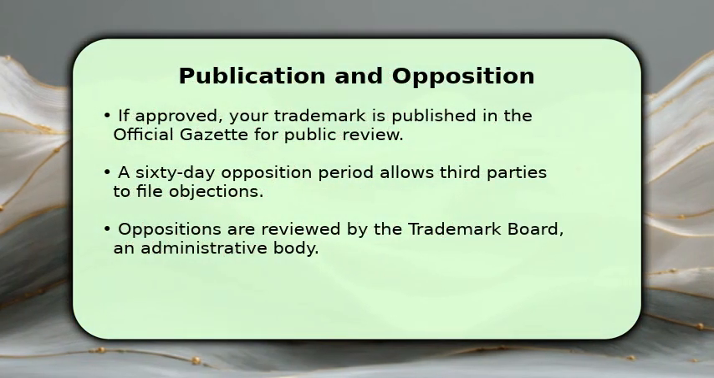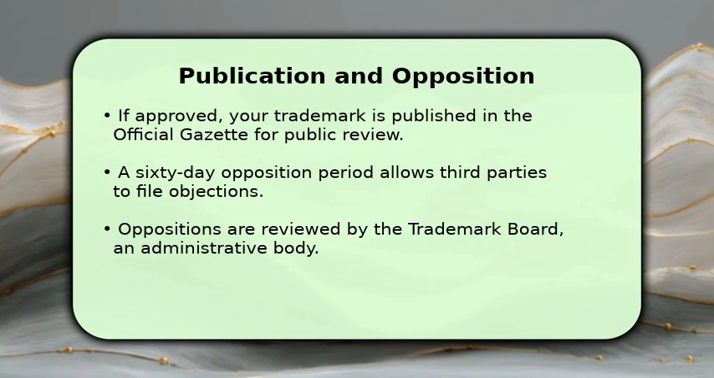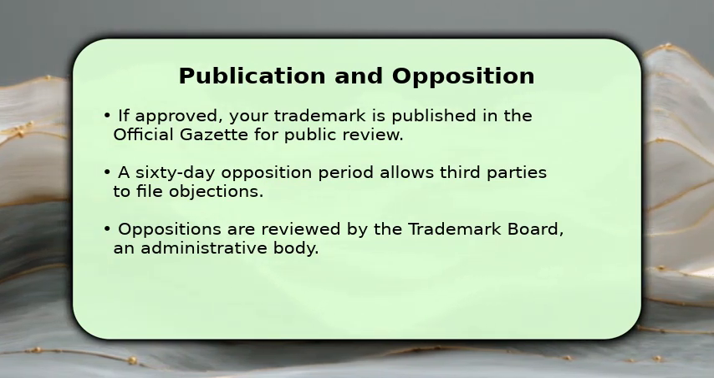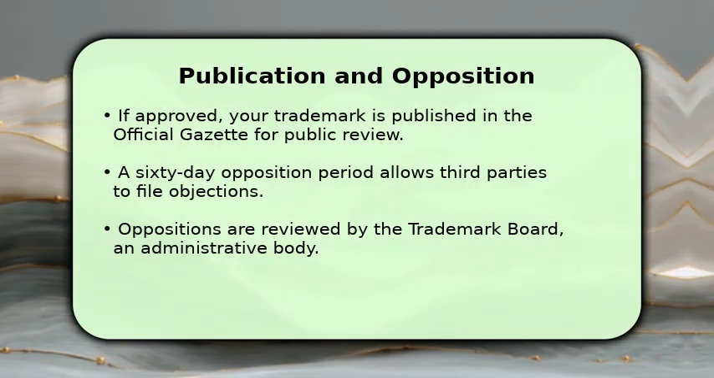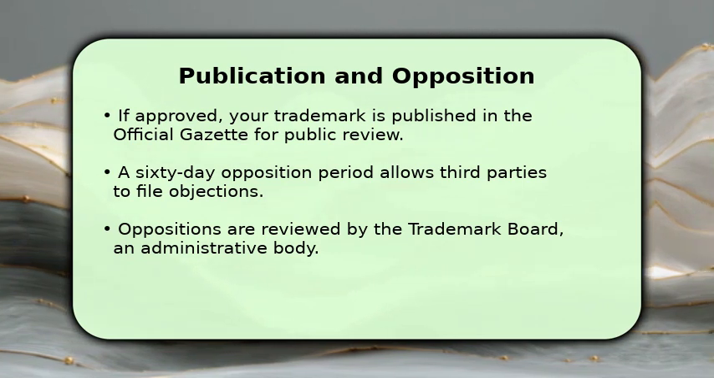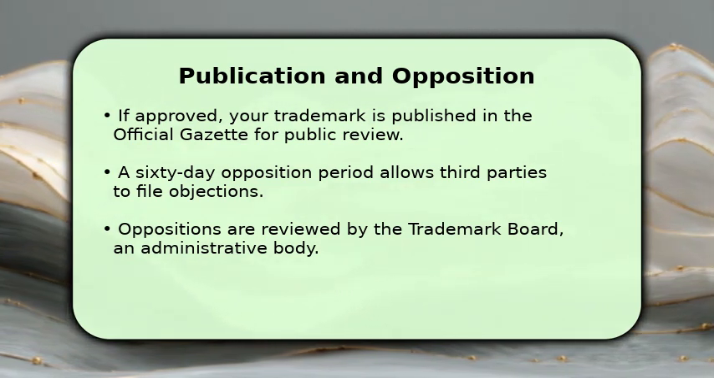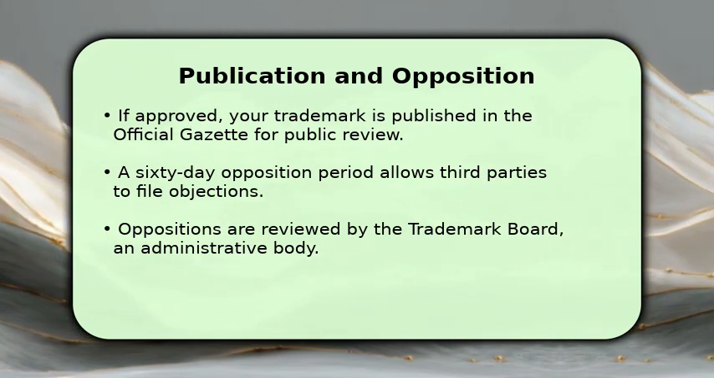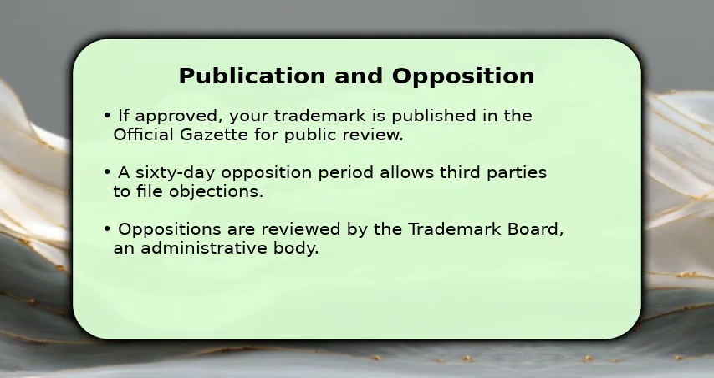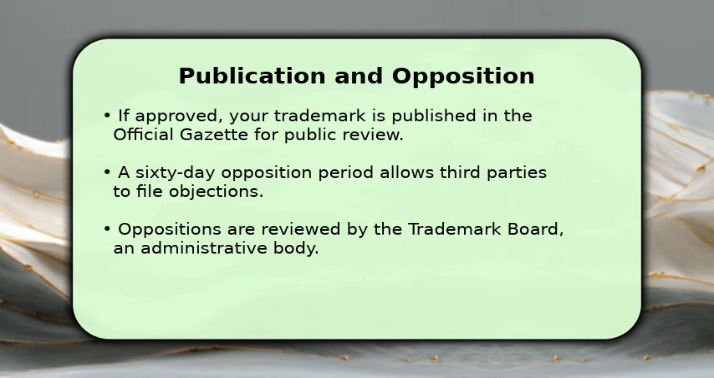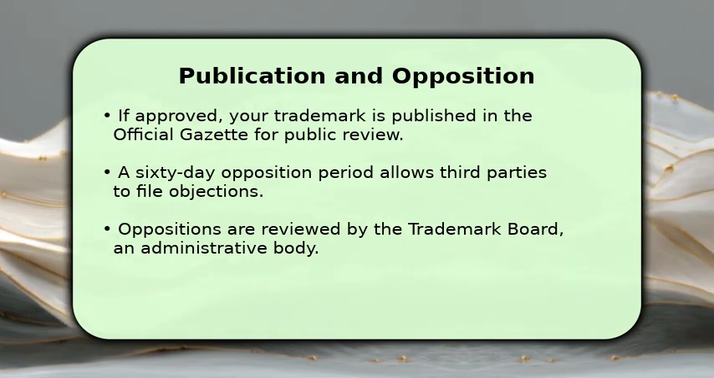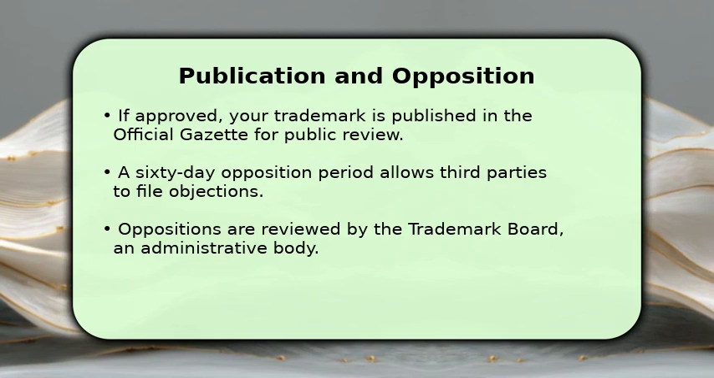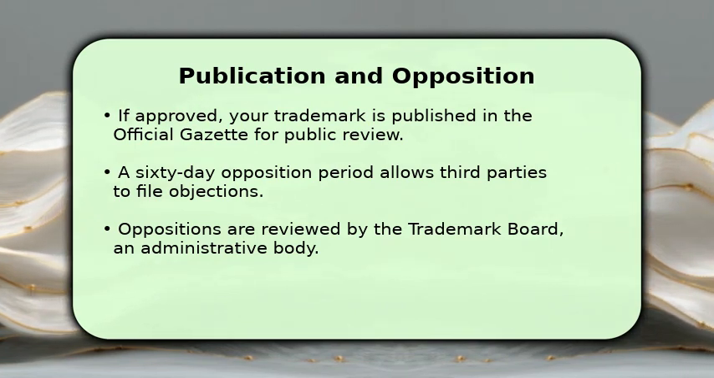Once your application passes examination, your trademark will be published in the official Gazette. This initiates a 60-day opposition period, during which any interested third party can file an objection if they believe your mark infringes upon their rights. These oppositions are handled by the Trademark Board, an administrative body. If an opposition is filed, you will be notified and have 60 days to submit a written counterstatement to defend